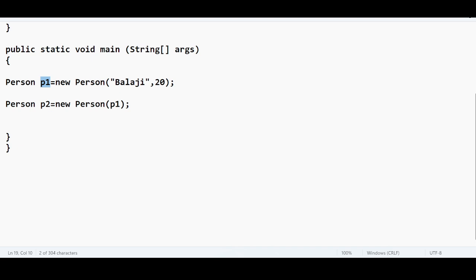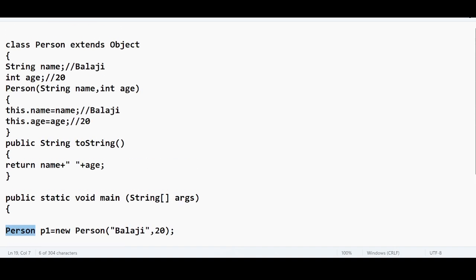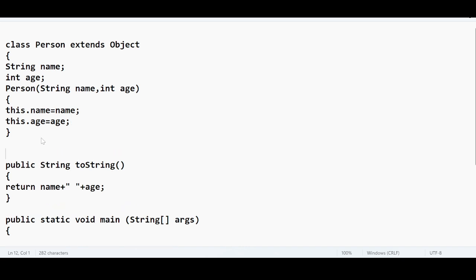But you have to remember one thing here. You have to ensure one thing here. You are passing what reference? You are passing an object reference. So this is a constructor that is accepting two values, one is string type, the second one is integer type. But this is a constructor that is accepting one value, which is of what type? Object reference of class type, person type. So you should place a constructor. Let me remove this, it is not required. You should build a constructor in such a way that